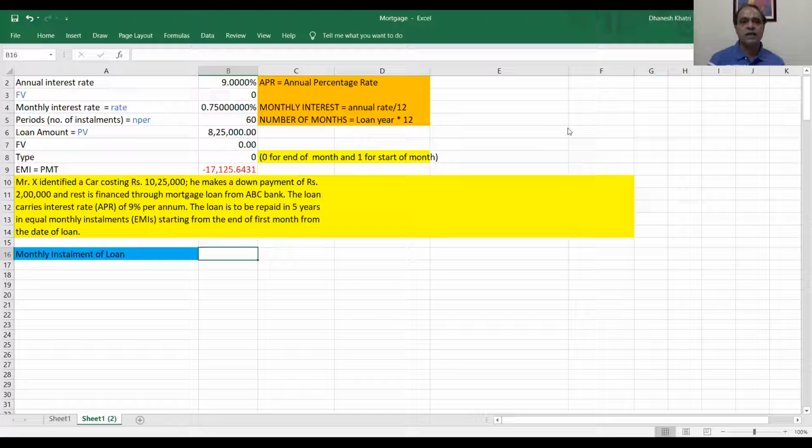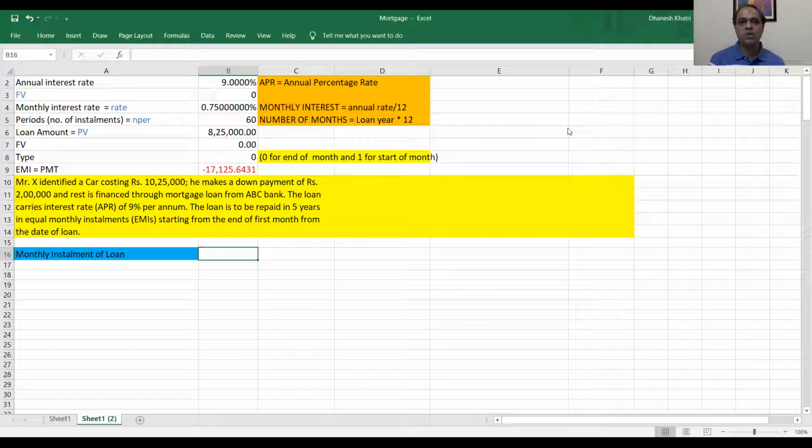Then NPER, that is number of installments. We will be paying monthly installments. So in 5 years, which is the term of the loan, there will be 60 installments. Loan amount is termed as PV because practically whatever loan you have taken is nothing but the present value of all the equal monthly installments which you will be paying to the bank.